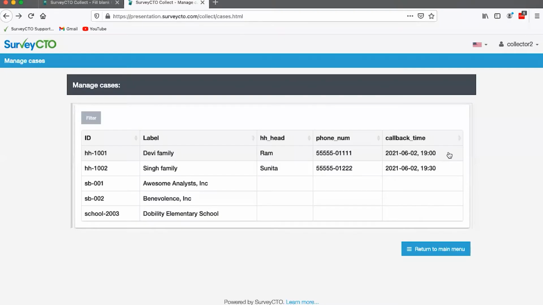For this case at the top, before even opening the form, we have some basic information about the household so the enumerator can get ready. For example, here we have the time the enumerator is supposed to call the head of the household, so we can check that without needing to open the form, and they have a rough idea of when they should get started. When we open that case,